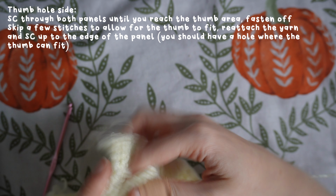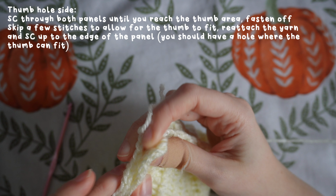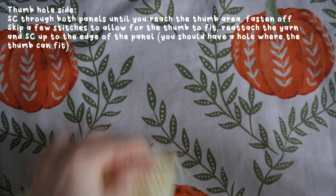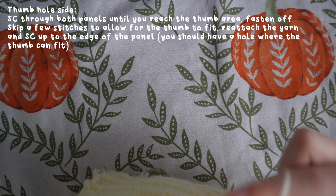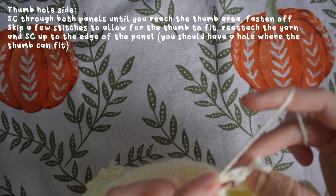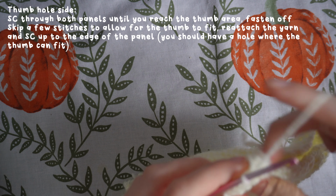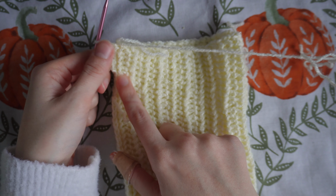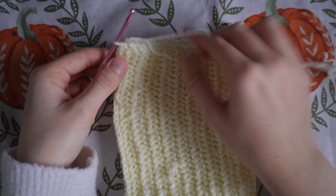And then you just want to skip that part of where you want the actual thumb to be, and then just single crochet up the rest of the work. Okay, once you've single crocheted up the rest of the glove, you just want to then chain one and fasten